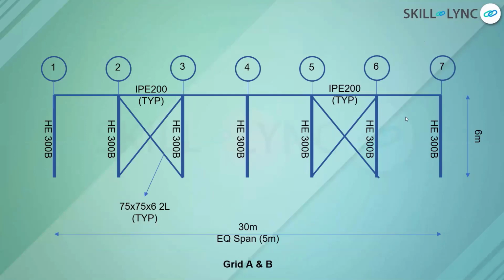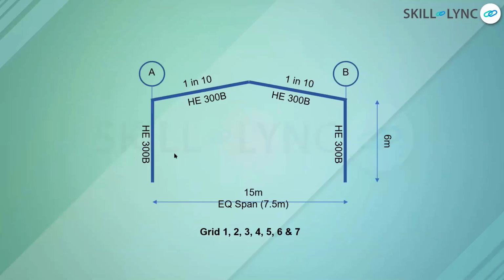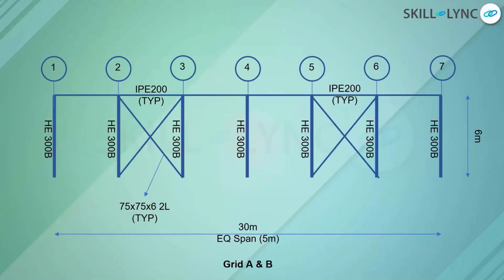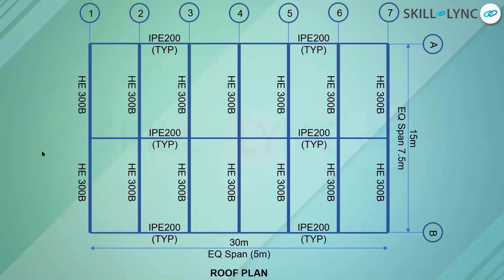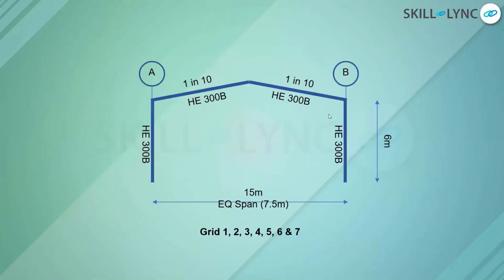This is the bracing that I have provided to resist the lateral forces. Okay. So next is the front elevation of the building. When you are seeing the building from the front, that is from this side, you will be seeing a view with a rafter type building with 6-meter height, and the total span of the width of the building is 15 meters.